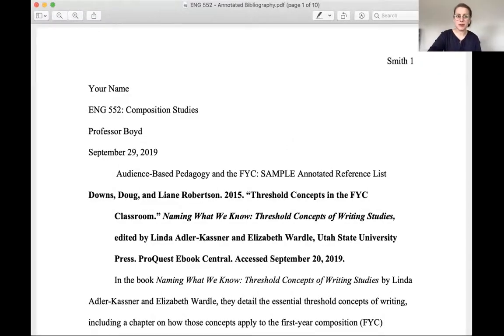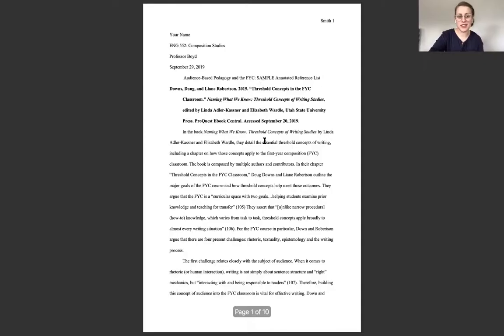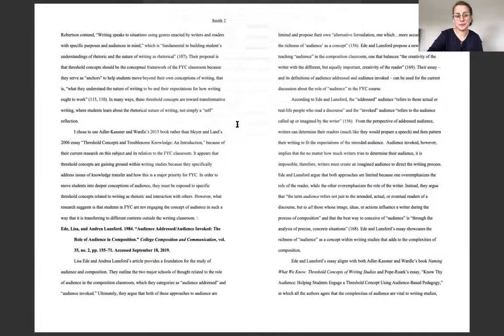So I had to do an annotated reference list in my master's course last semester, and this is what it looked like. I talk about audience-based pedagogy in the college writing classroom, so talking about why audience is so vital when you're writing your papers. So here I have a philosophical article about threshold concepts in the writing classroom, and I write a lot about it. I have another one from